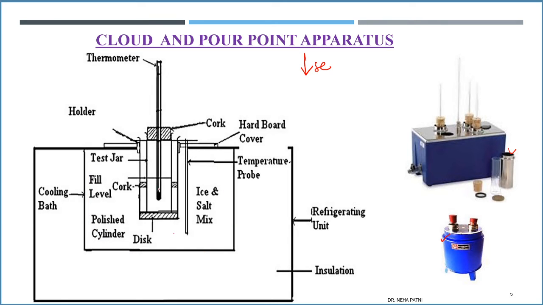Now when you put the lubricant inside this cooling bath, obviously this lubricating oil will behave accordingly, and you have to see from outside. That's why you are taking a see-through glass. So you just take out the container and see if a haziness or a cloudiness or a precipitate appears. The first time when you see that it has almost started solidifying, that temperature would be the cloud point. The first time you observe a cloudiness. Now you keep on decreasing the temperature, and you will see that this wax is progressing further, taking up a shape, and it is almost getting solidified.